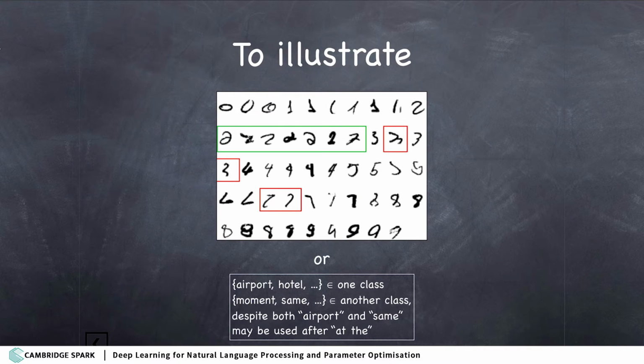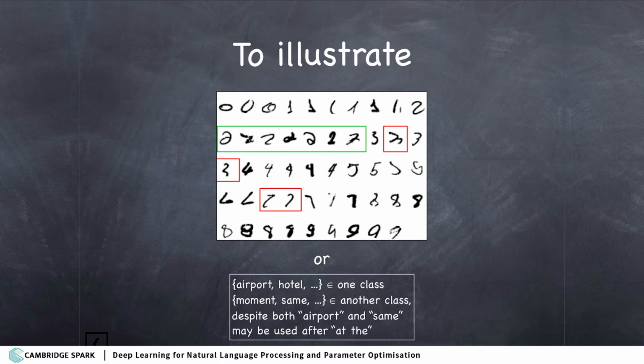So to give you some examples, in terms of the visual data, you see the area that is highlighted in green. Those are all representations of the digit 2, even though they might appear a bit different. It would be quite hard to describe what makes 2 a 2, but they're still all representations of a digit 2. At the same time, some of the other digits might look quite similar to 2, but we want to be able to differentiate between them and say that those belong to a different class.